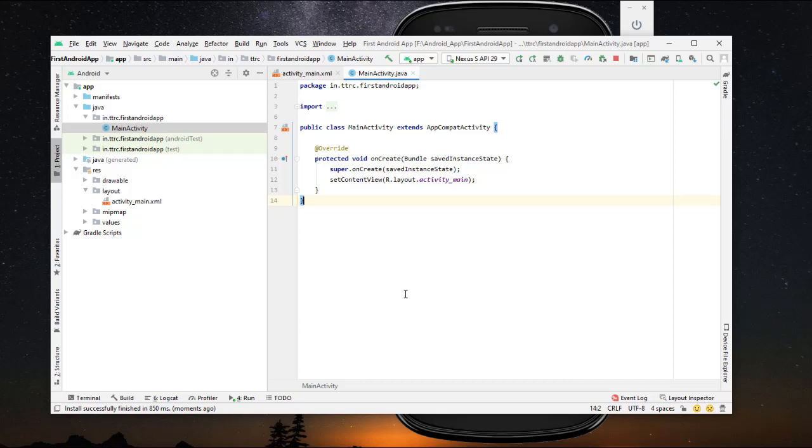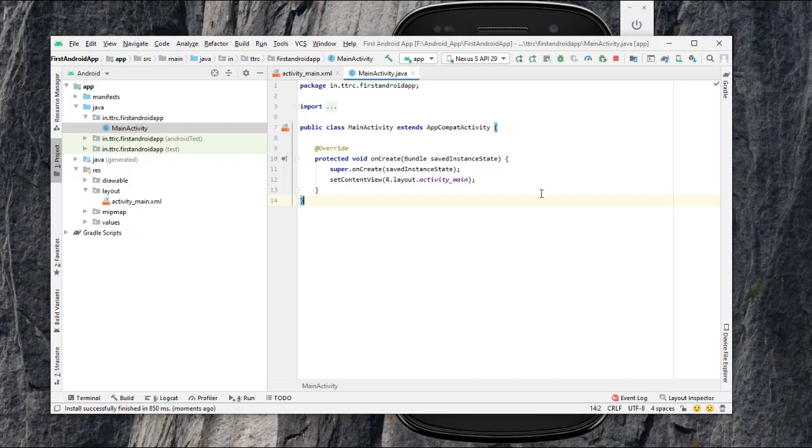Now we will look at our Java file, MainActivity.java. If you have a basic idea of Java, you see here, this is public class MainActivity extends AppCompatActivity. So MainActivity is a class, and within this the onCreate method is there, and within the onCreate method, the layout activity_main.xml is set as its content view.